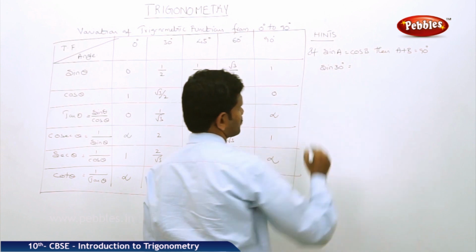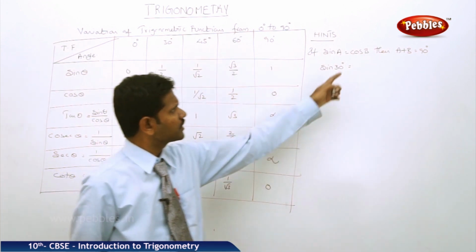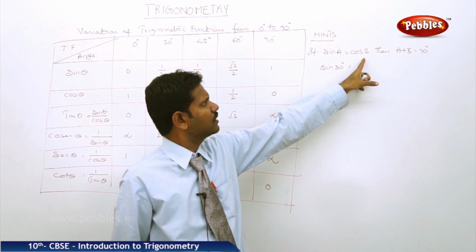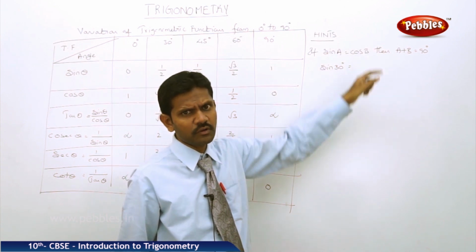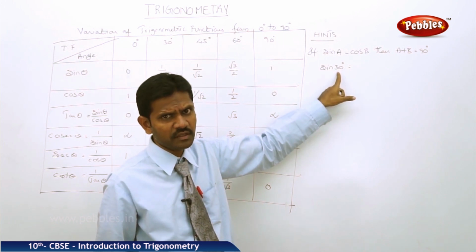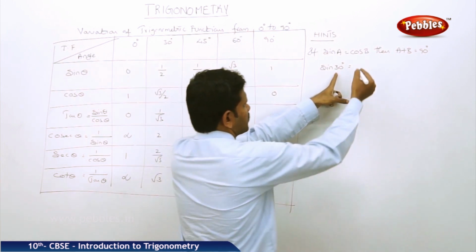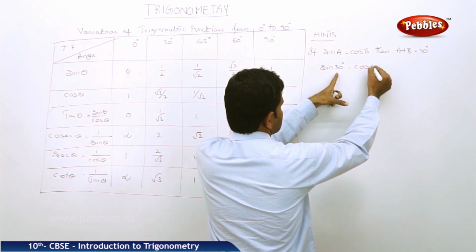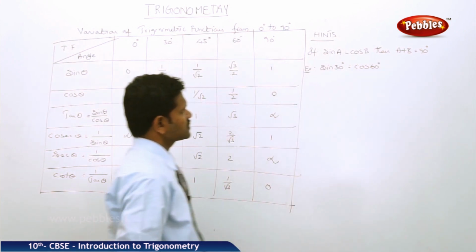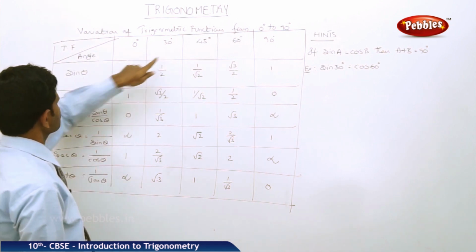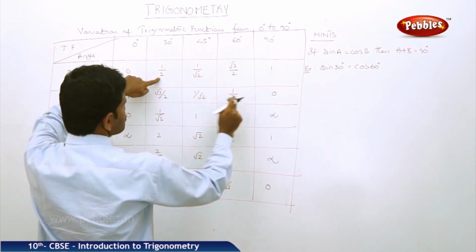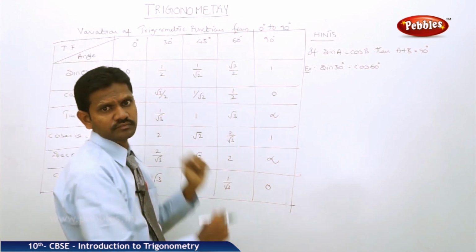Sin 30. Here the condition is that the sin function and the cos function are equal. If you add A and B to equal 90, here A occupies 30 degrees out of 90, then the rest is cos 60 degrees. Now see, sin 30 is 1 by 2, cos 60 is 1 by 2, both are equal.